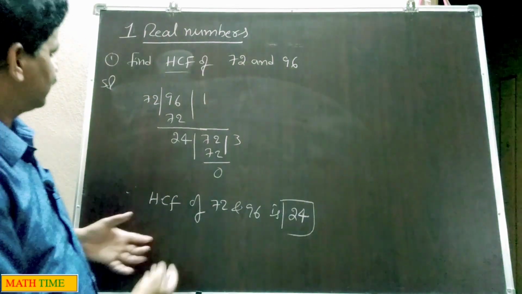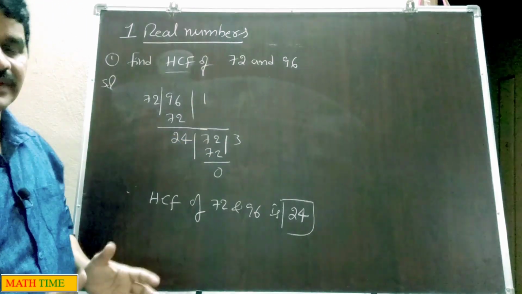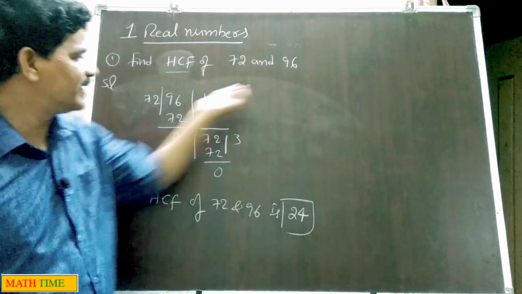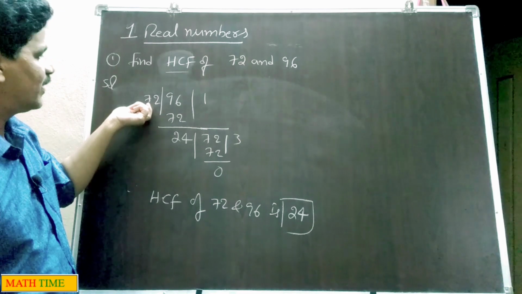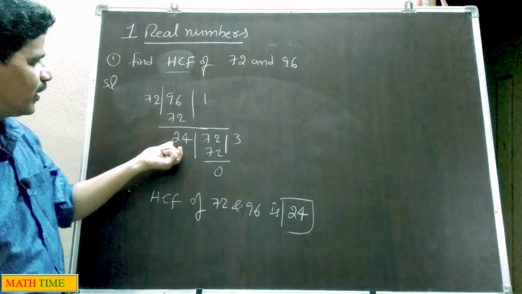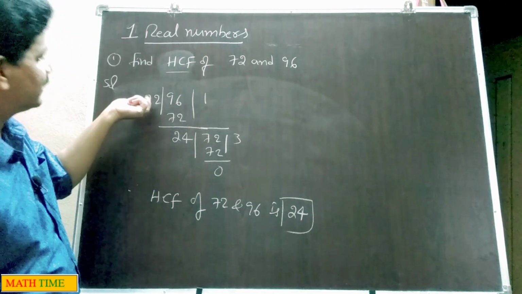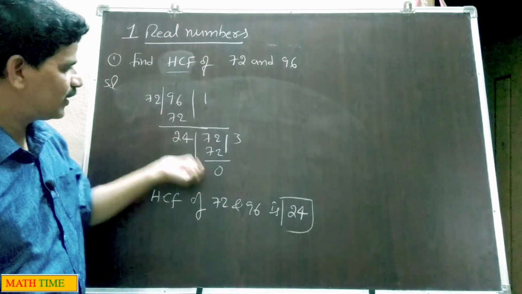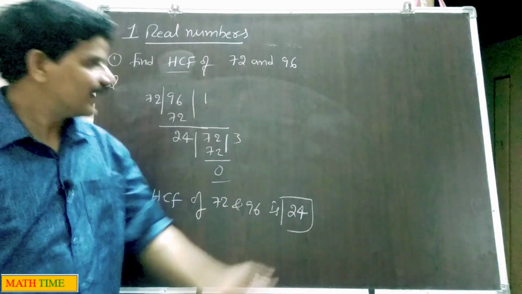So once again I repeat how to find HCF of two numbers. Whenever two numbers are given, biggest number should be divided with what? Smallest number. Here biggest number is 96. Now it is a dividend, it should be divided with divisor 72. 72 goes 1 times in 96, therefore we got remainder 24. This remainder divides the divisor of first part. So 72 should be divided with what? 24. It goes 3 times. We got remainder 0. Therefore 24 is HCF.